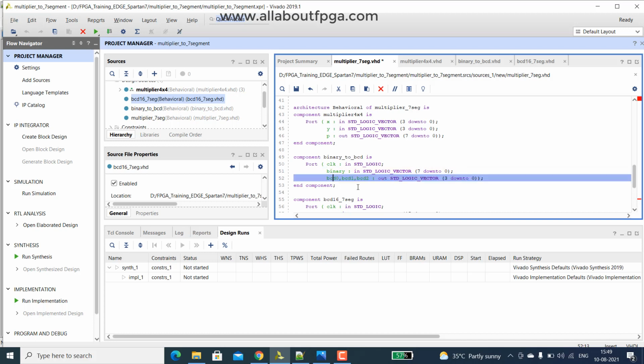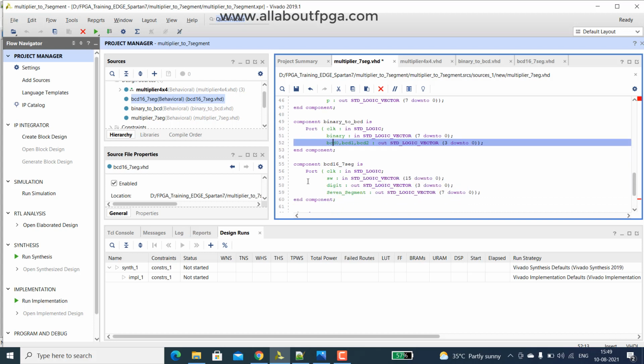Then this BCD will go to an input of the 7 segment decoder.